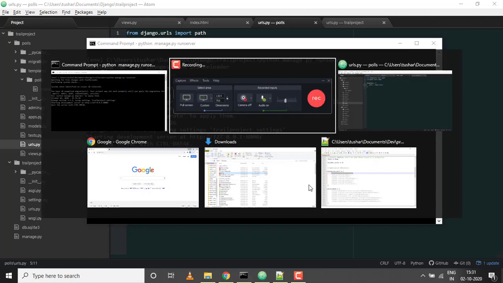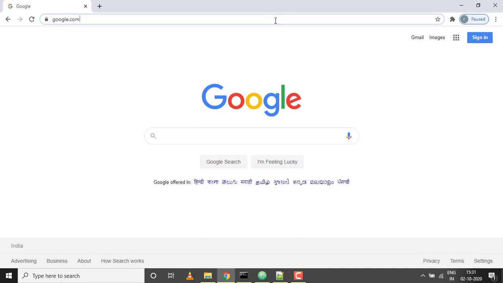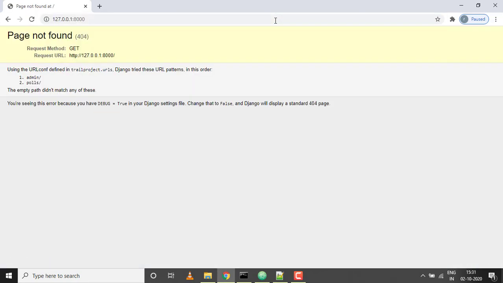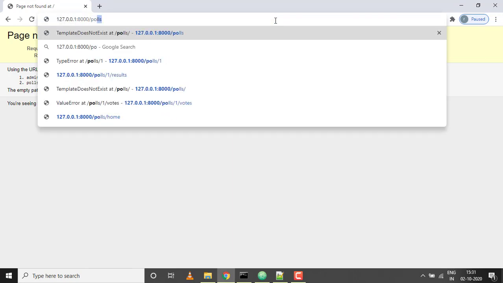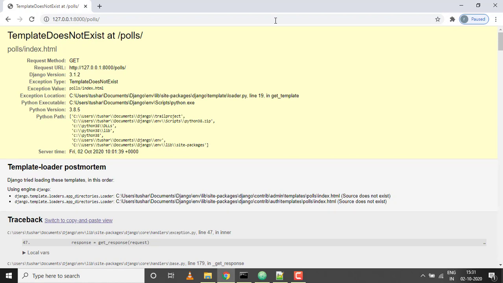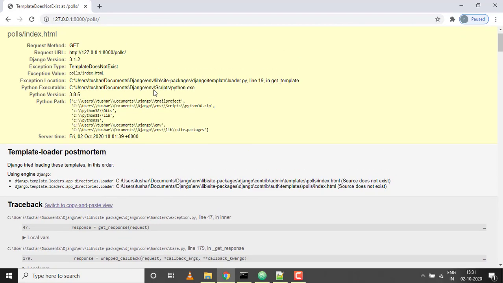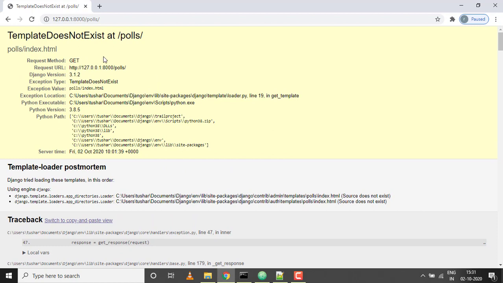Okay, so there's no error. Let's go on your web browser and launch 127.0.0.1:8000. 8000 is the default port, and this is the web application. Oh, so we're getting an error, template does not exist. All this information you're getting because debugging mode is on. This is good when you're developing, but make sure you turn off debugging mode once you're launching this web application. We'll talk about that later, but for now let's concentrate on this exception.